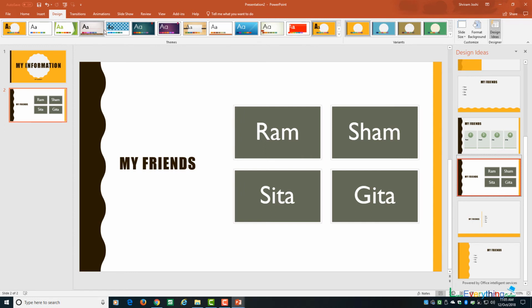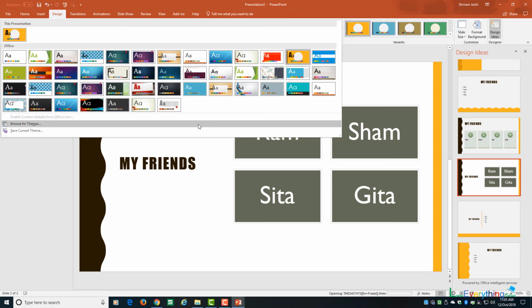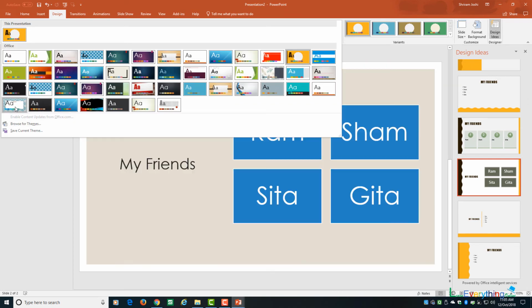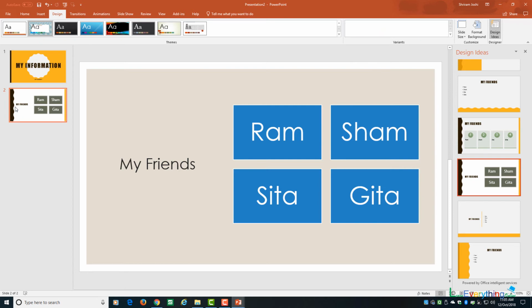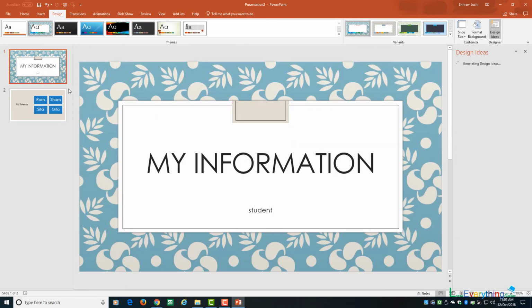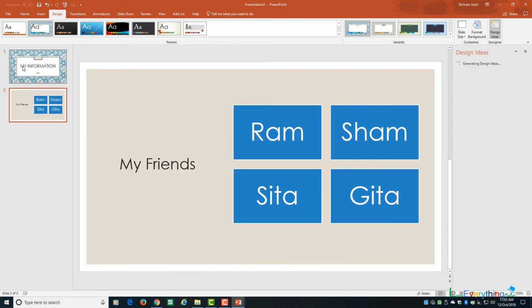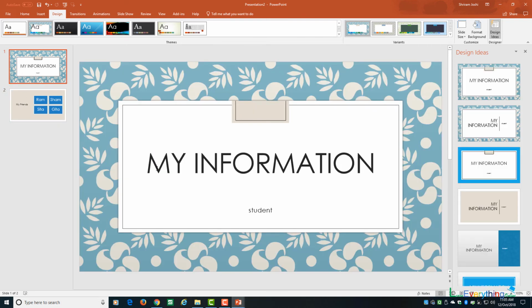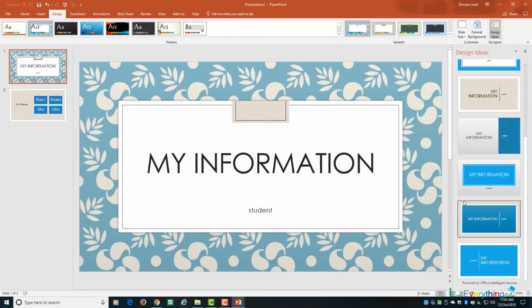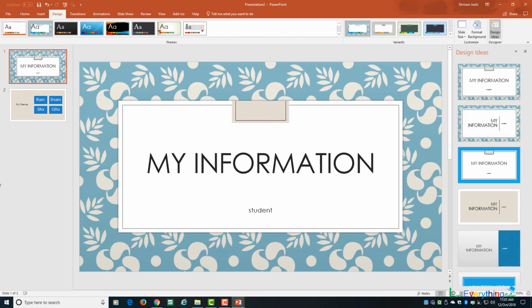Again I want some variety, so I will go to Design. I can see this drop-down button which will show me the entire library available. From here I can check any one design, any one pattern, which will change my first page, as well as shading and colors are applied to the second page also. In this way I understood that I can create a creative, decorative slideshow or presentation by using MS PowerPoint.